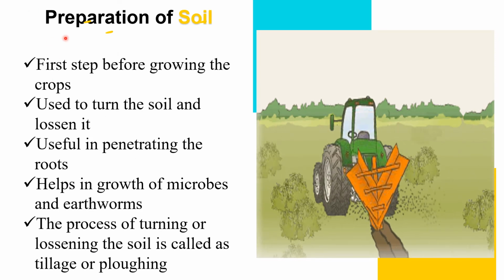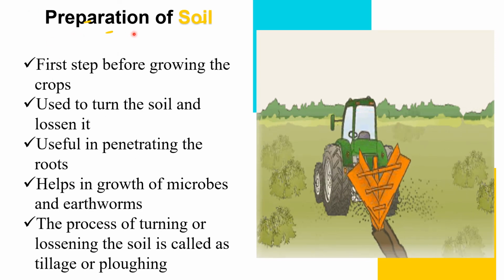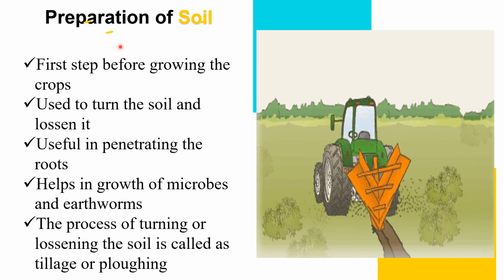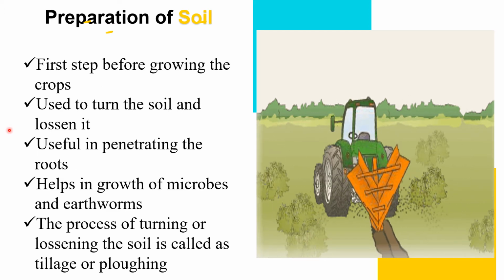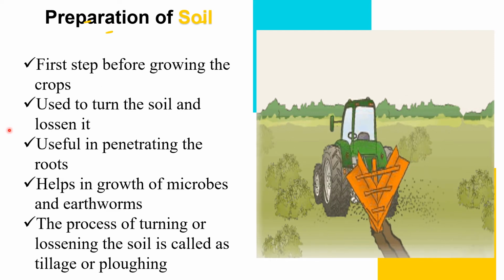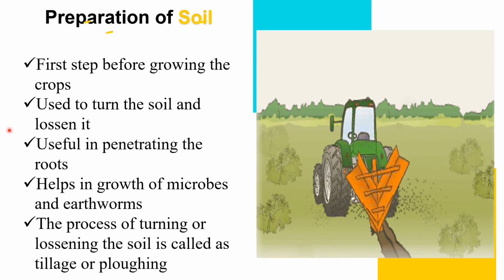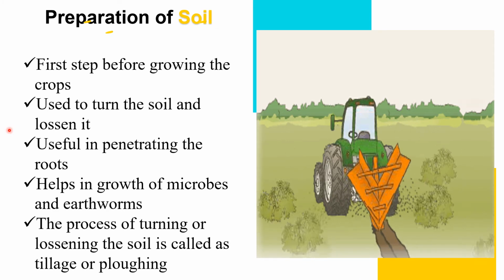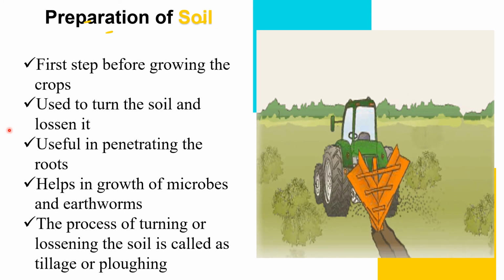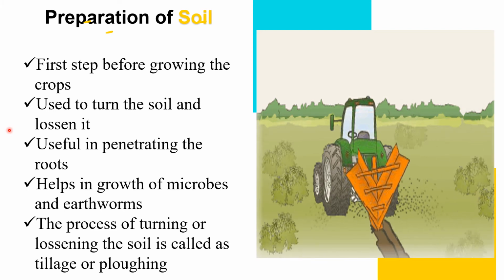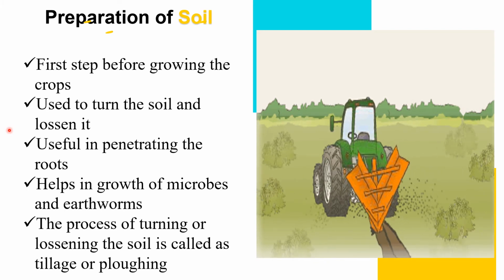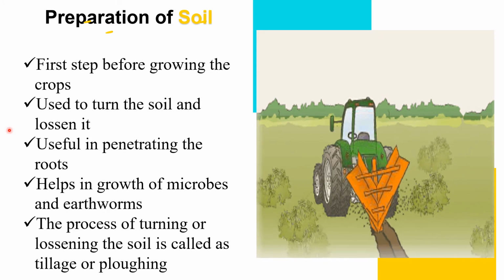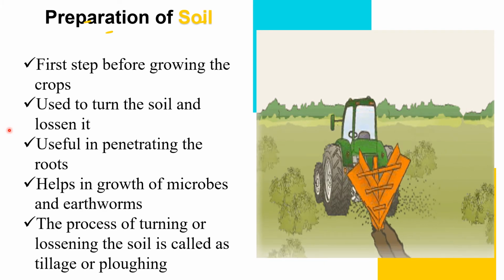So now let us discuss the first step in the agricultural practice, which is preparation of soil. The upper layer of the earth is called soil, as we all know, right? And the crop plants are generally grown where? In soil. And what does the soil provide? This soil provides the crop with minerals, water, air, humus, and the soil also acts as an anchorage to the plant. So this soil has to be prepared, and that is the first step in cultivating a crop for food production.